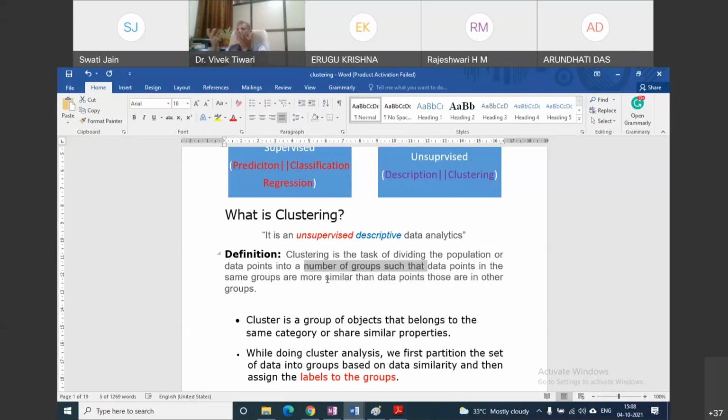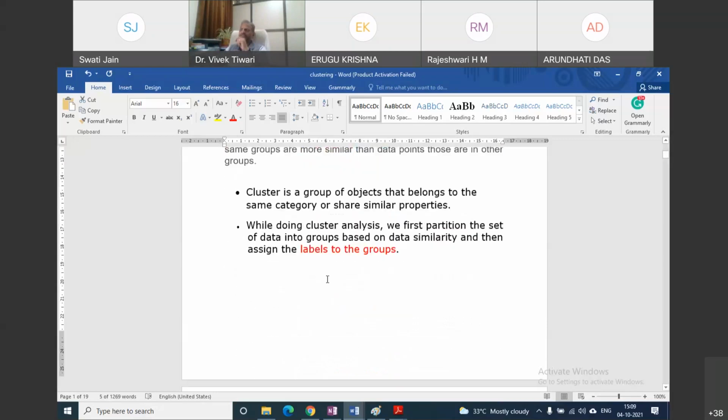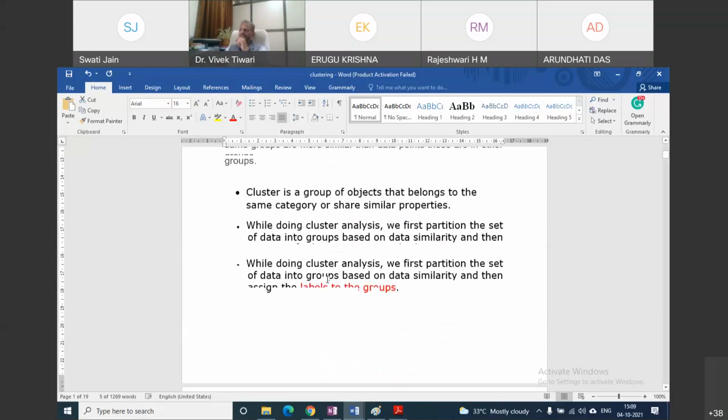So ultimately, we need to divide the data. We need to categorize the data. During the categorization, we will create small groups, and each group will contain some data. And what will be the property? The properties and characteristics of the data points that are members of the same group will be similar to each other, more than to the data points that belong to another group. That is the whole sole objective of the clustering process. There are some important points that need to be discussed over here. Those points are